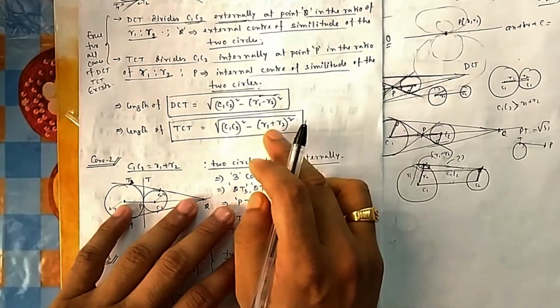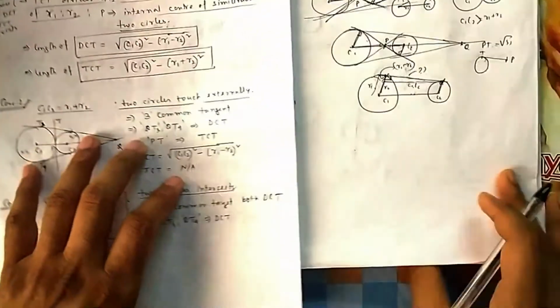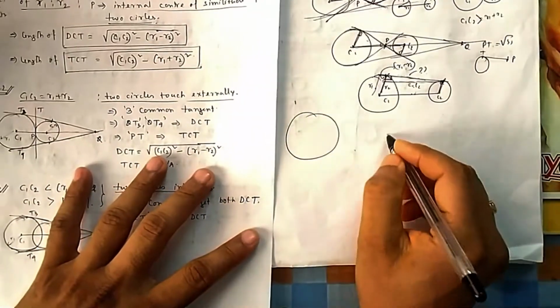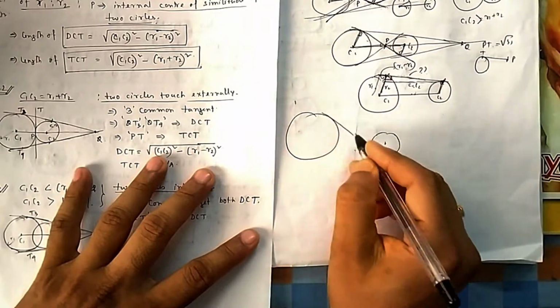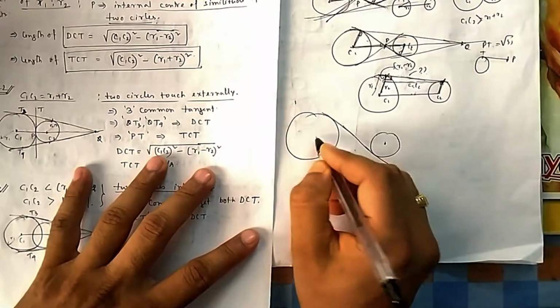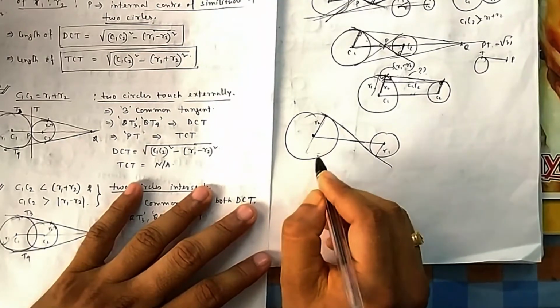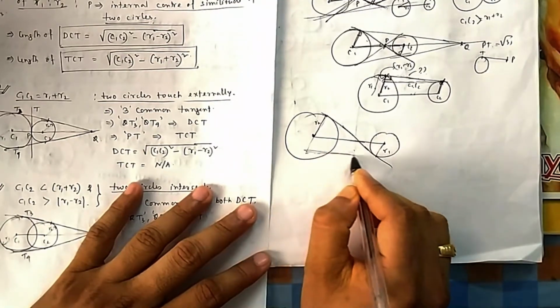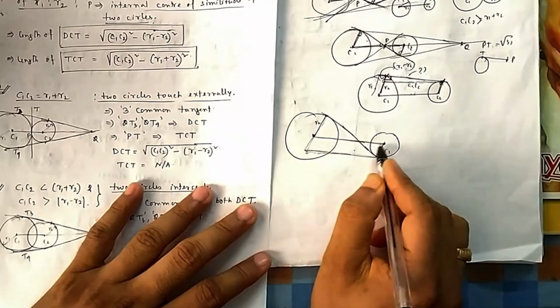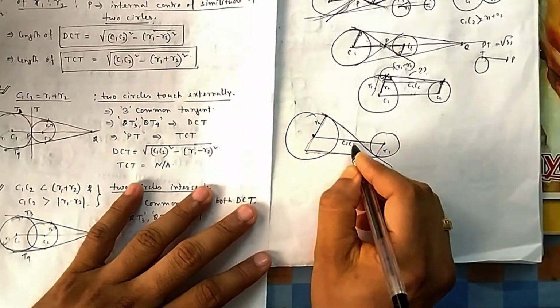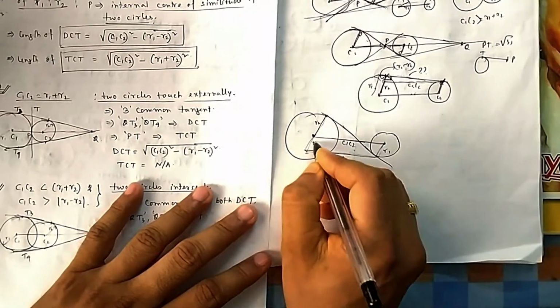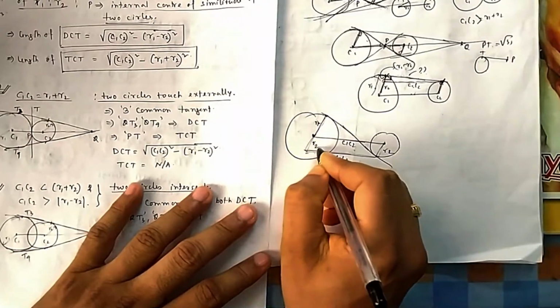Similarly, we can prove TCT. In case of TCT, you have to add these two. Similarly, you can draw TCT. Suppose you want to draw a TCT. So you draw a line, which is this, and we are drawing a parallelogram. You can see this is the parallelogram we are drawing. So this is again C1 C2. Suppose this is R1, this is R2, so this will be R2.